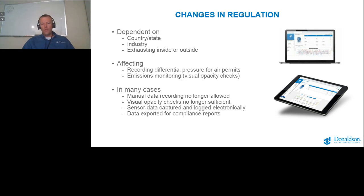The other one that's starting to be affected is emissions monitoring. Historically this is very often done with visual opacity checks. Somebody with trained eyes walks around, looks at the stacks, looks at the air coming out, and determines whether those particular levels are starting to rise. That's the second one where we see things starting to change. And the changes are that manual data recording is no longer allowed. It has to be automatically captured. It cannot use a paper log. Visual opacity checks are no longer allowed. You need to use a sensor that's tracking the level of emissions, and that data needs to be automatically captured. It has to come from a sensor. It has to be automatically logged electronically, and then you have to be able to export that data